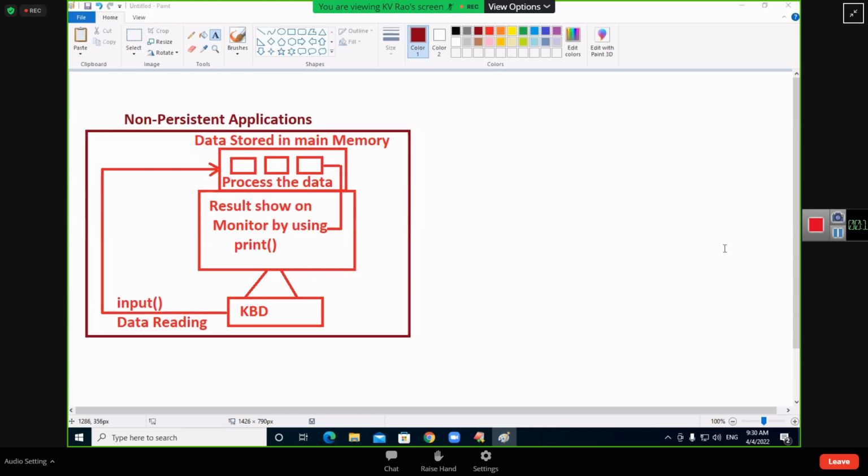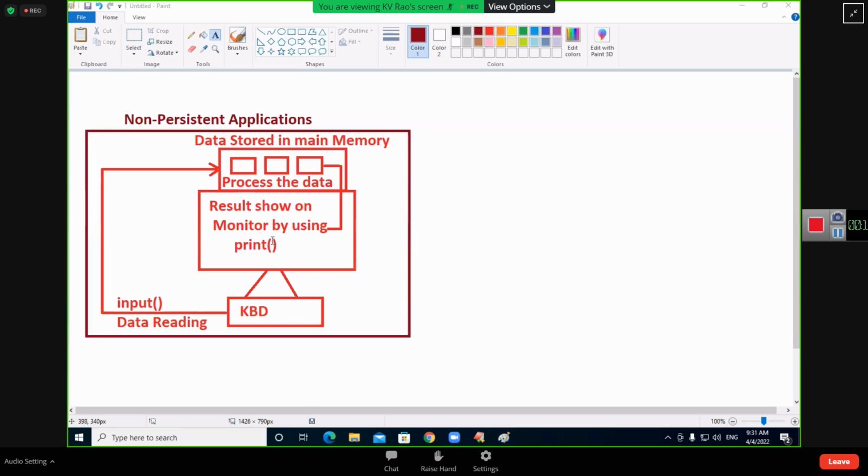Now I'm going to start the discussion. So you don't know anything about the files, or you learned files and then forgot, and maybe because programming knowledge is not there, you felt it very difficult. Now our story is what? Data coming from anywhere, from the keyboard to where? Main memory. Storing in the form of what? Objects. Processing it and so far displayed on the monitor by using which statement? Right. That is what we did so far.